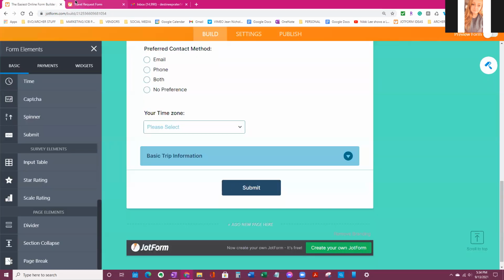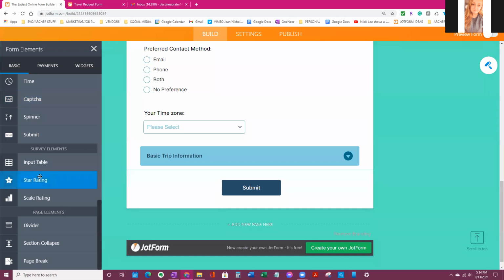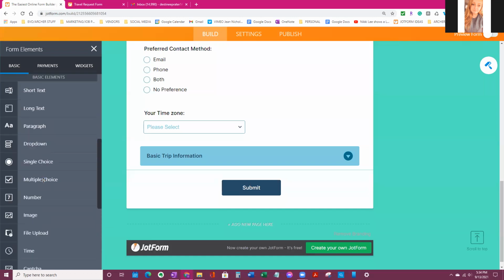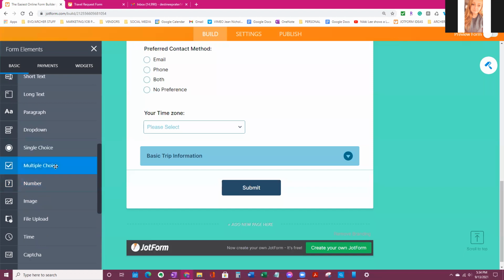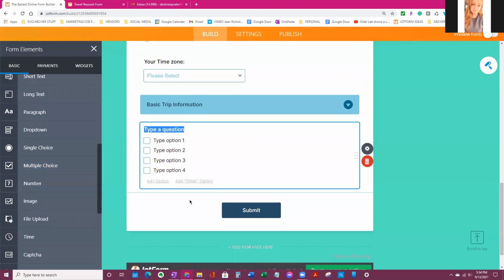But so we are going to do what are they interested in booking. So we want to do a multiple choice, just in case they have multiple different things they're wanting to book. So we're going to drag and drop our multiple choice box over here. We can put "interested in booking"